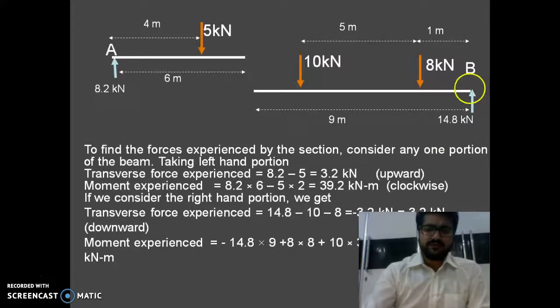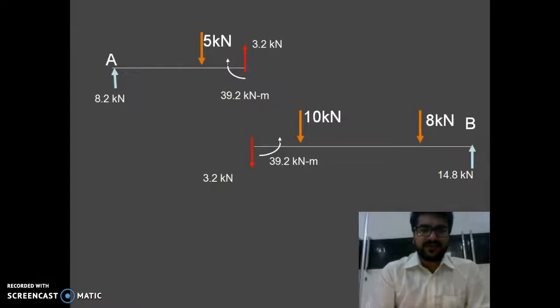So it is a very special thing to notice over there. From the left side, I got the answer 3.2 kilonewton upward, and clockwise 39.2 kilonewton meter moment. And from the right hand side, I get the same magnitude but in opposite direction, a shear force of 3.2 kilonewton and a moment of 39.2 kilonewton meter in anti-clockwise direction. And if I join both the diagrams, the net summation will be 0. So this is nothing but the shear force and bending moment. If at any particular cross section the summation of the left hand forces is termed as shear forces,